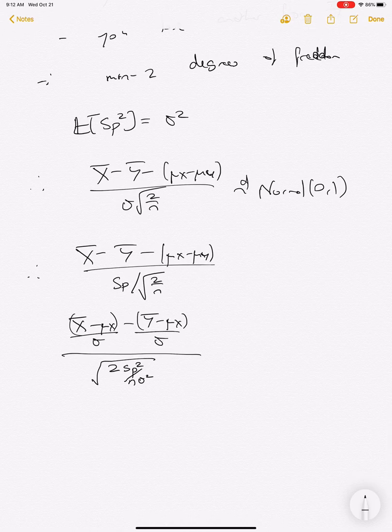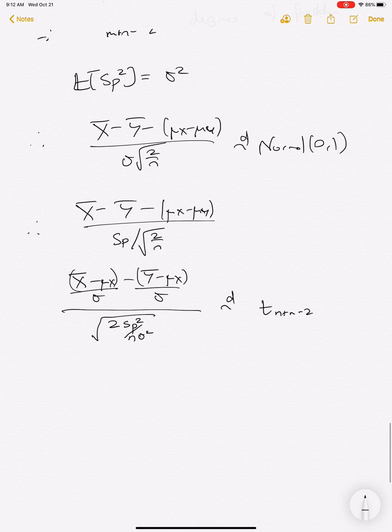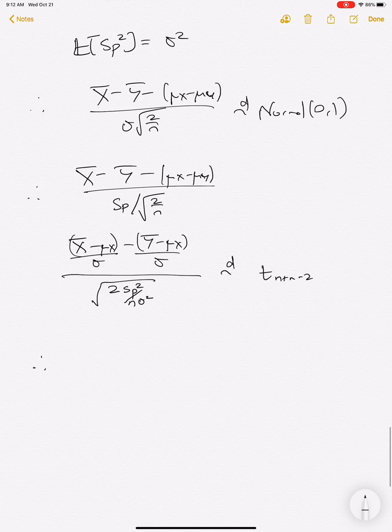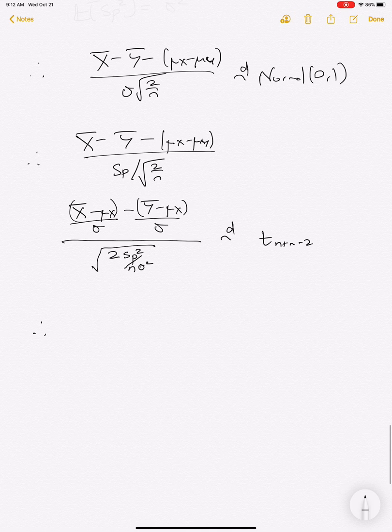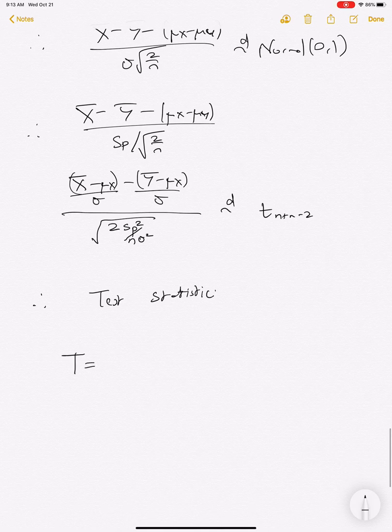And so you can see that when you do the appropriate cancellations, that whole thing is just going to be t with n plus m minus 2 degrees of freedom. So therefore, in this case, the test statistic is a t now instead of a z. So is this t, which is